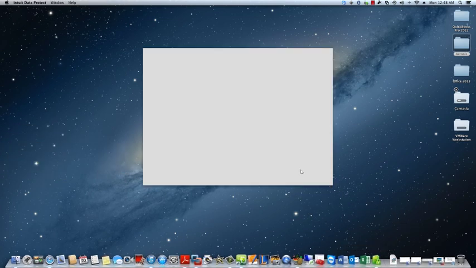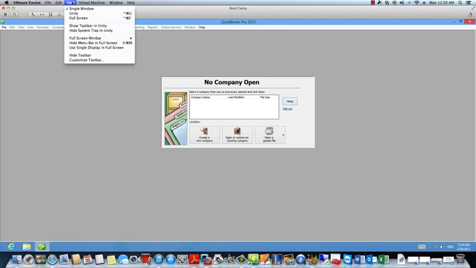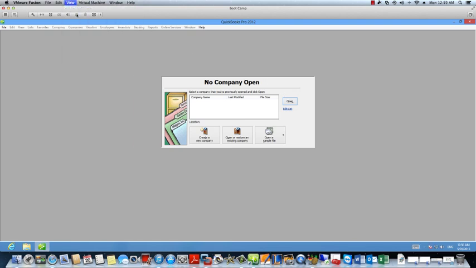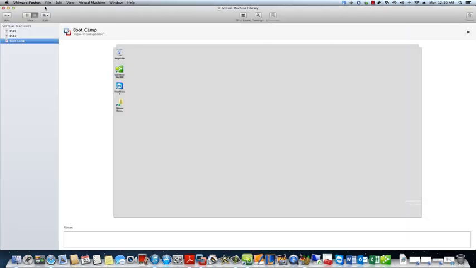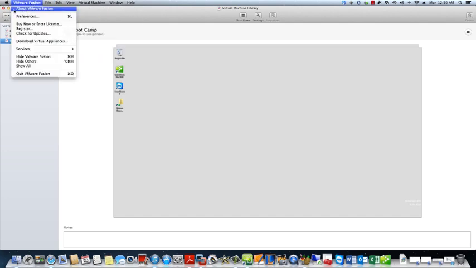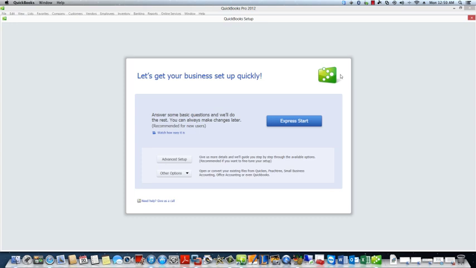So now what we can do is we go back to virtual machine view, go back to Unity, and when you minimize it, it's going to put an icon for the actual application, and then you can do keep in dock. So what that allows you to do is close the application, go back and minimize VMware Fusion, and then you can come and launch the application. And it'll run it as if